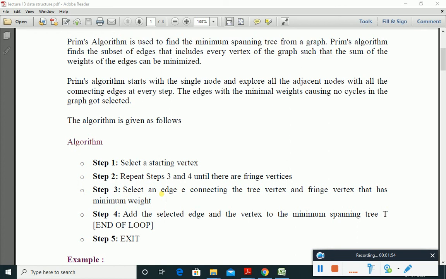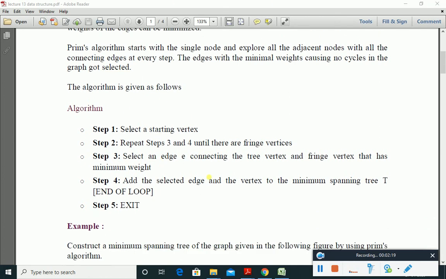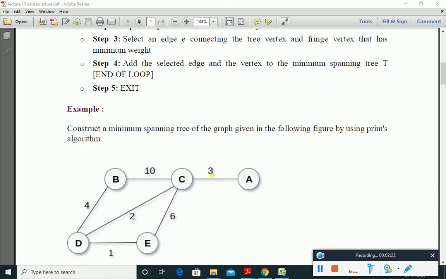So the selection of the second edge will also consider the edges of the previous vertex and the newly discovered vertex, and the loop will continue until we have selected a total of n minus 1 edges, and we make sure that a cycle is not formed.